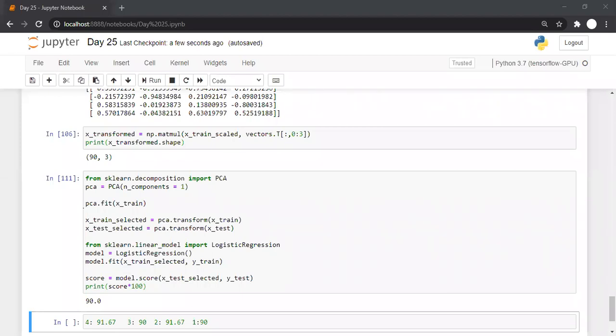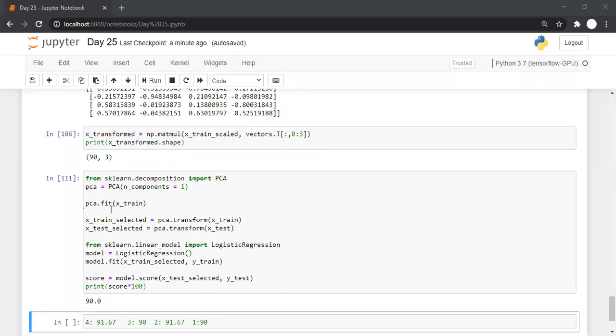What about others? Shantanu is saying 2 components. Sahil is going with 2 components. Ashwini is saying, as it is, it provides almost similar accuracy, and good observation, Ashwini. Henry is saying 4.